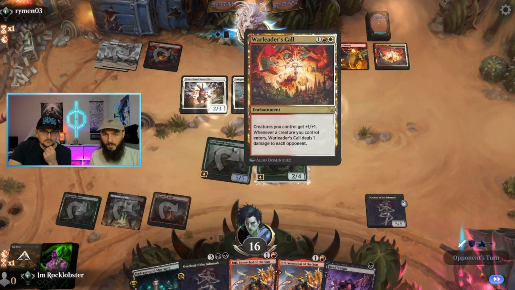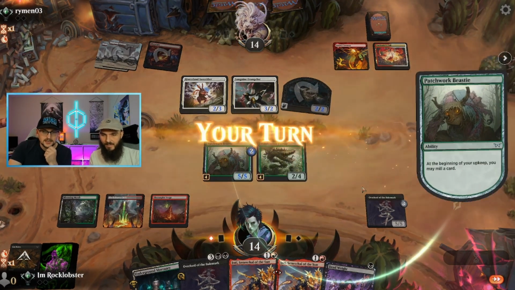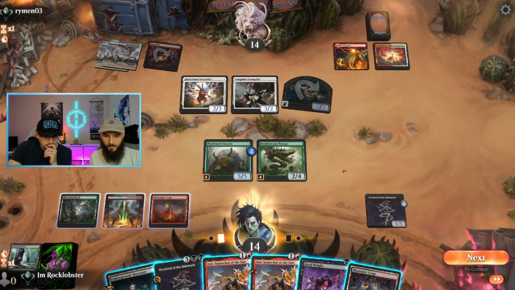That's Warrior's call. That's what I was expecting. That's fine. See, he only swings with that. He's paranoid, man. We're coming in with vengeance right here. Let's go. All right. So we go into...